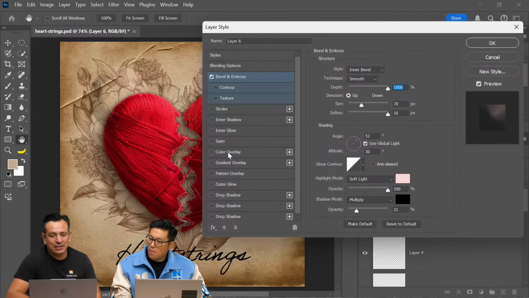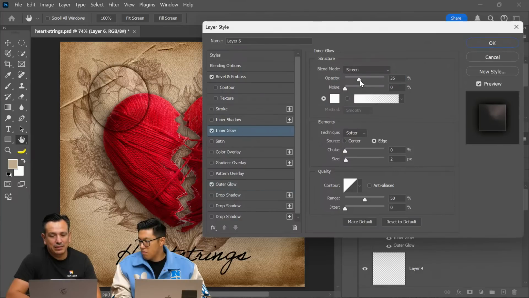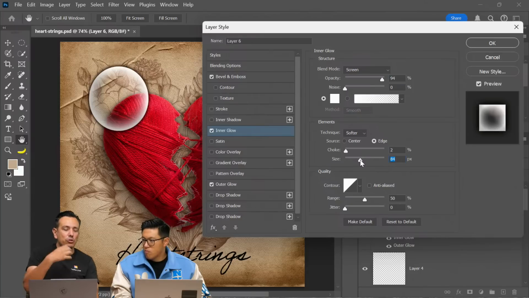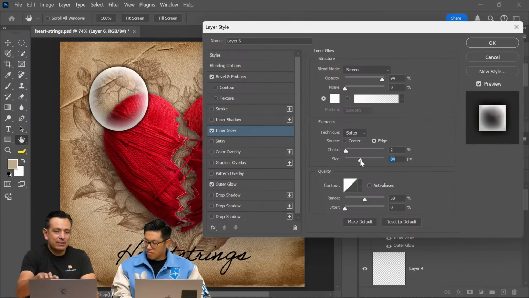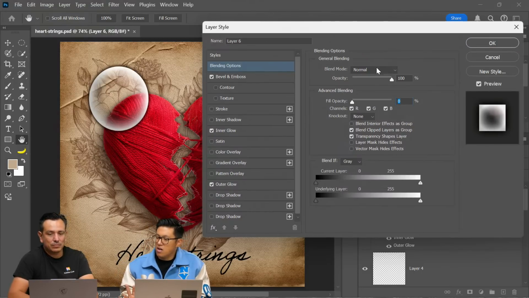So now I can come in here and do an outer glow, for example. See that? And I can do something like an inner glow as well, and it just adds it to the image, but you don't see the original pixels. So you keep the shape and the layer styles, but not the original pixels. And if I want to bring the original pixels back, I can start bringing in the fill. See that? Do you usually use that on retouching? Probably not much,